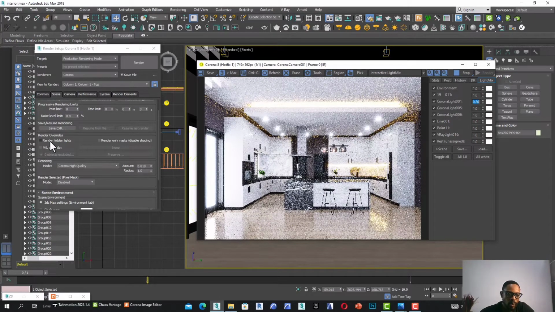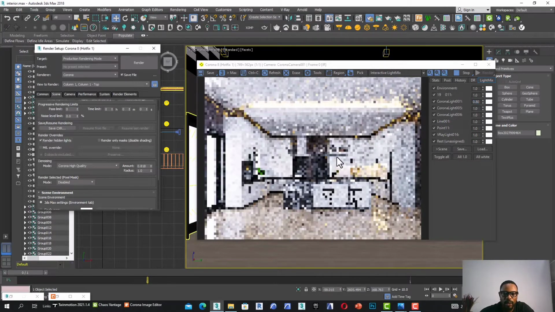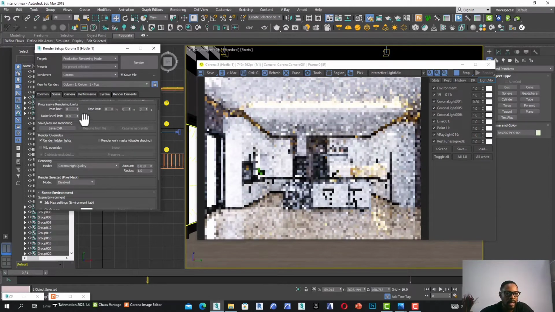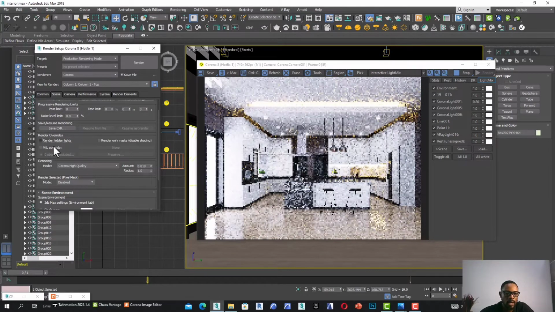But let's go first of all with render hidden lights. If there is any hidden light and you click on render hidden lights, it will bring in the render hidden lights and show you all the lights that are rendered in the scene. But in this case, we don't have any render hidden lights, so we turn that off